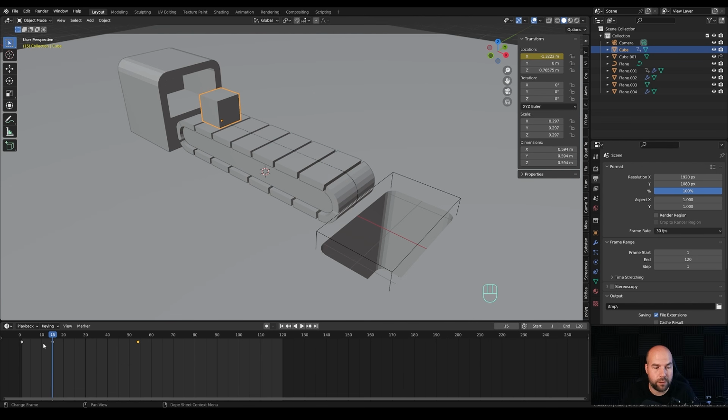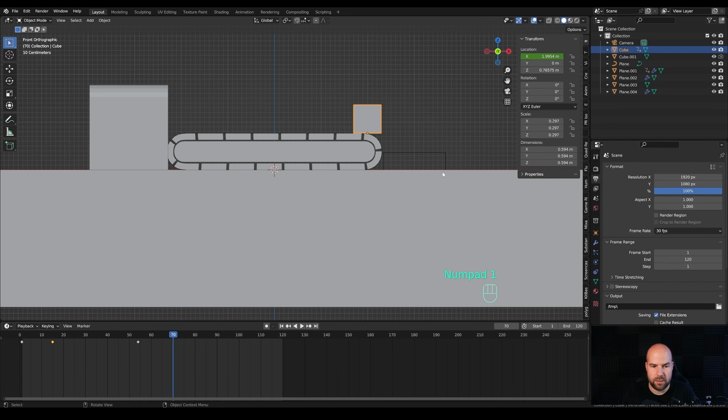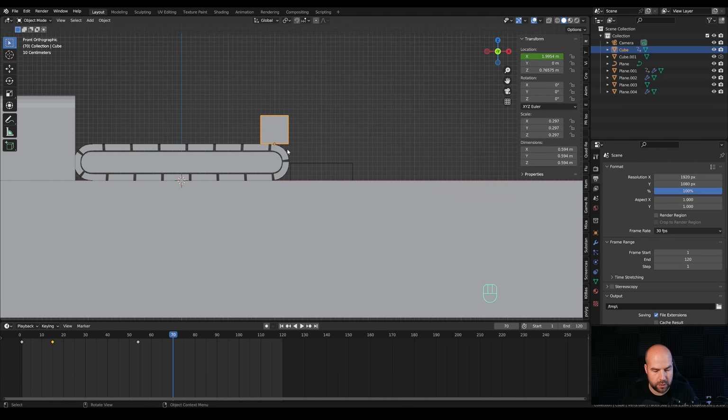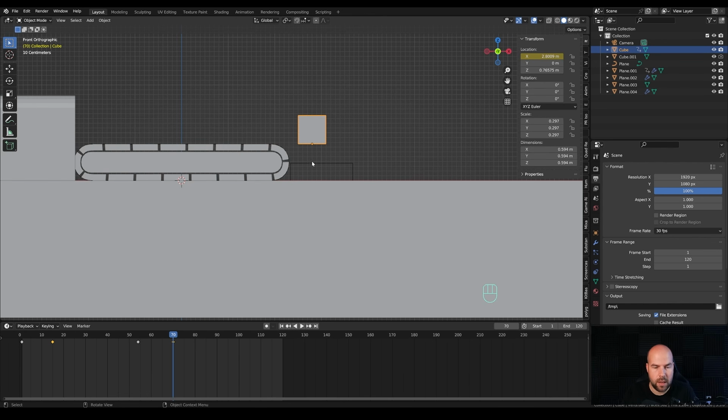again, this will be different for you maybe. So just create that keyframe, set this to linear, and then move this closer or further away depending on how it sits on the conveyor belt. And now it will fall down, and this will be pretty quick. So something like frame 70 will need to be right here. So let's look from the side, and first of all we'll move it on the x-axis, so press G then X, move it somewhere here, and right click and insert single keyframe, and then let's enable X-ray view.